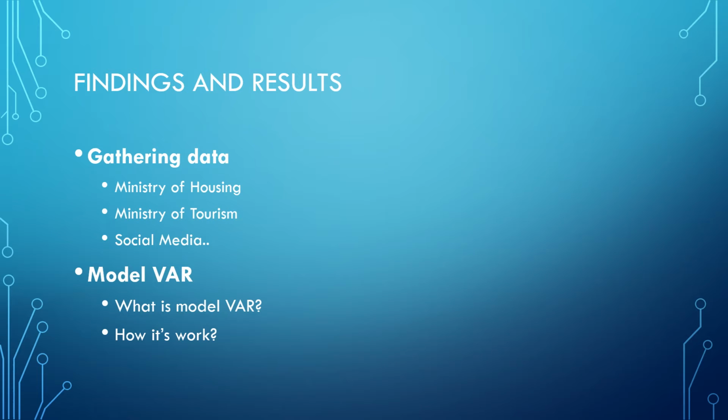Since our application uses deep learning and some AI concepts, we need data to feed the application. We have three sources of data, two from government agencies and one public. According to the Ministry of Housing, between 2014 and 2018, the value of real estate trading in Oman amounted to more than 18.9 billion, with an annual rate of 3.9 billion. And from the annual report of the Ministry of Tourism in 2019, the number of apartments reached more than 25,000, and this data is reliable and rich in details that can be used in our application.